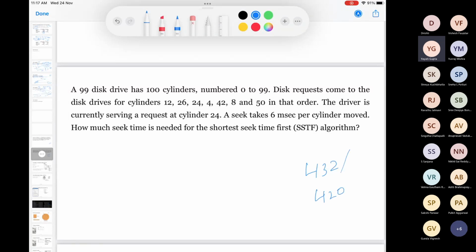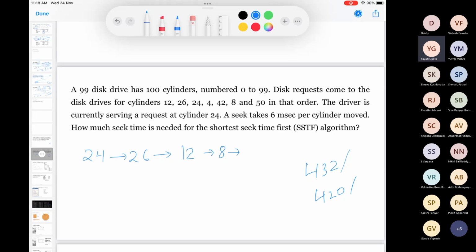432 or 420, or what was the third option? So your order will be 24 to 26, 26 to 42 or 12? 12.